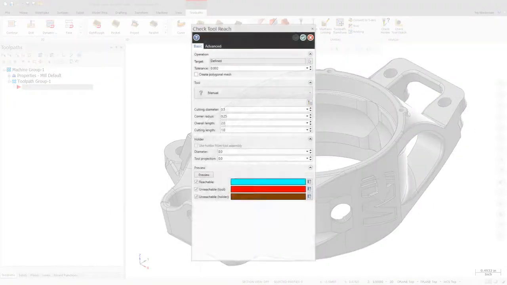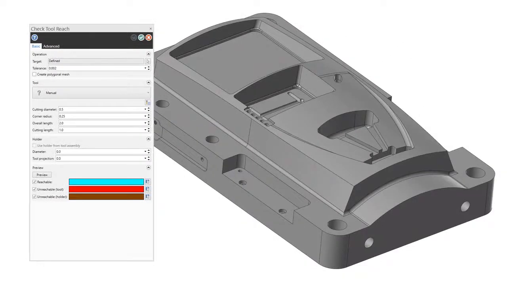A new function, Check Tool Reach, is now available for Mastercam 2021. Use Check Tool Reach to check your tool and holder against the selected model geometry to view where the tool